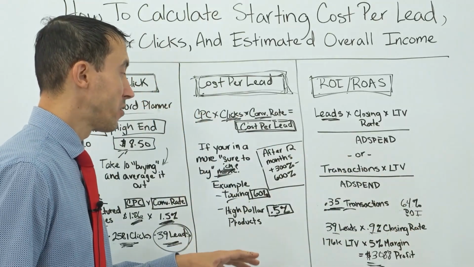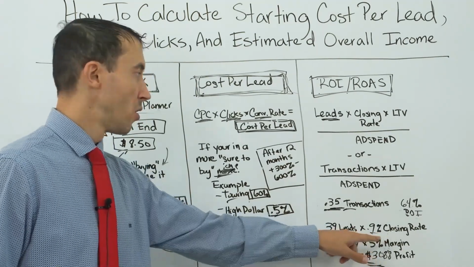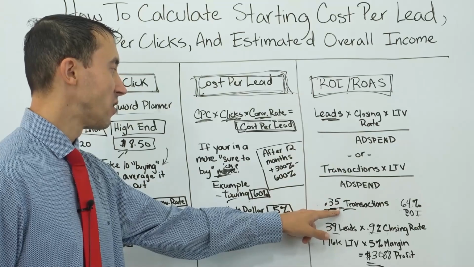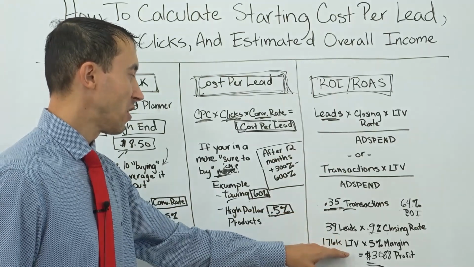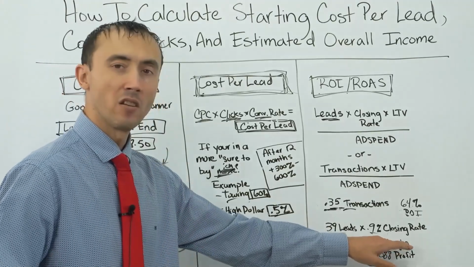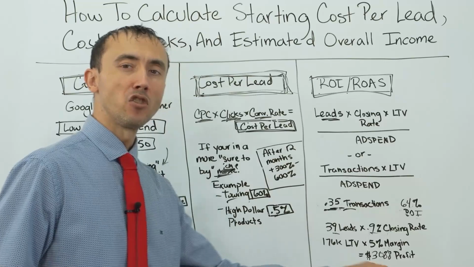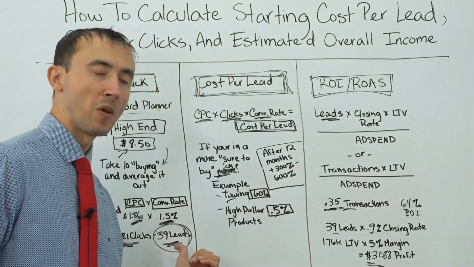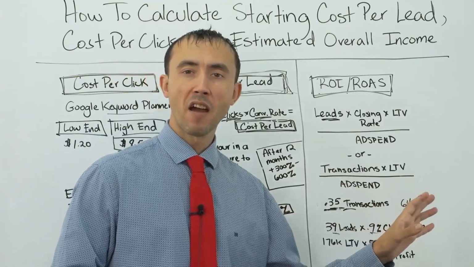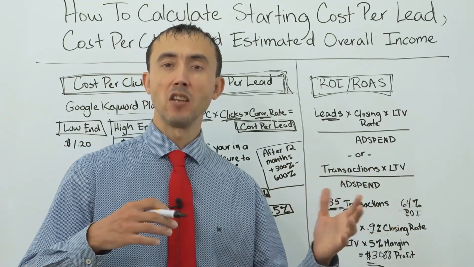So, in other words, on our 39 leads, with a 0.9% closing rate, we were generating 0.35 transactions here, and with their average lifetime value of a customer of $176,000 and a 5% margin that we're keeping from our sales amount, we're not making enough money to justify and offset the amount of ad spend that we have. We need to get more than 39 leads, either before you start running your ads, you know what the lifetime value of a lead, or a customer, is going to be, and you know what your closing rates are going to be,